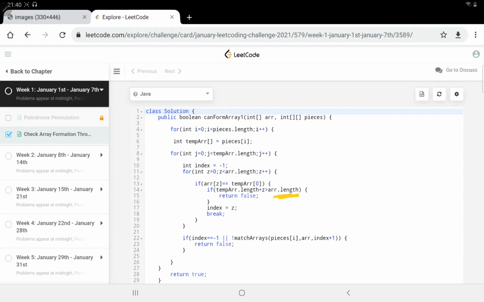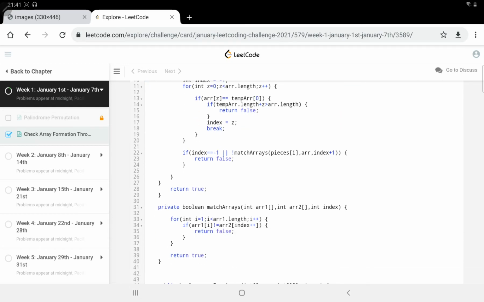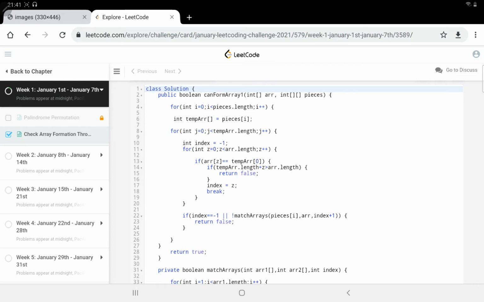So I found my first number, that is 4, and is there enough space so that I can check for 64 also. So we are checking the length here, and if it is out of bound, then we can return false from there only. And if it is not false, then we are just updating our index, and I wrote one match array function. Basically inside that I am just matching the other elements of the piece with the actual input array, and if everything goes well, then we return true, else we return false. And this is a basic brute force approach, right?